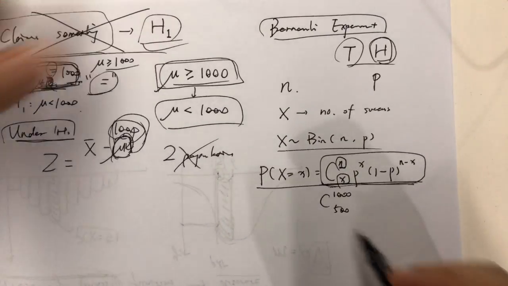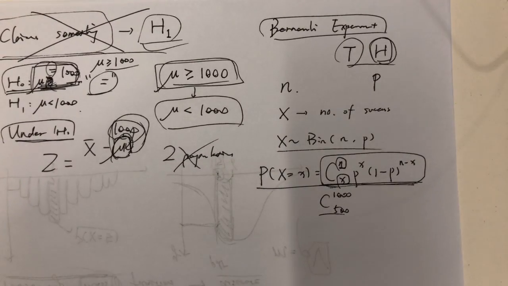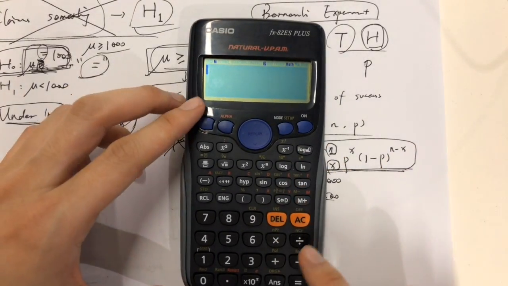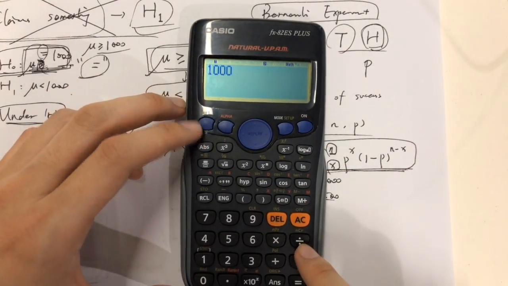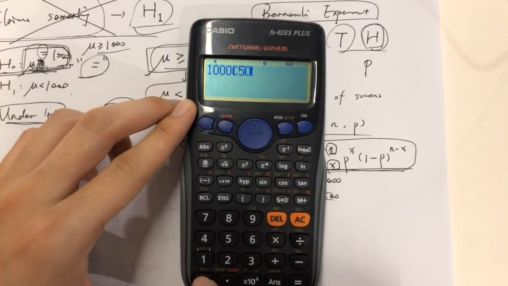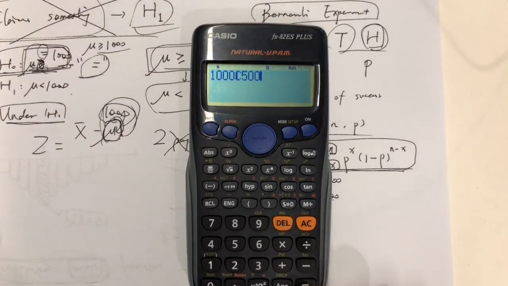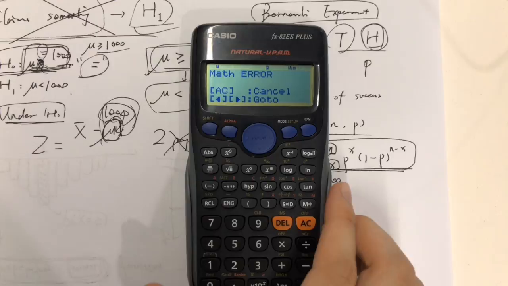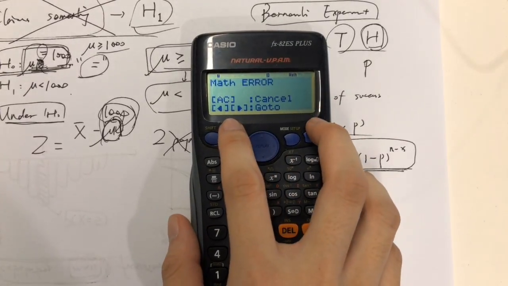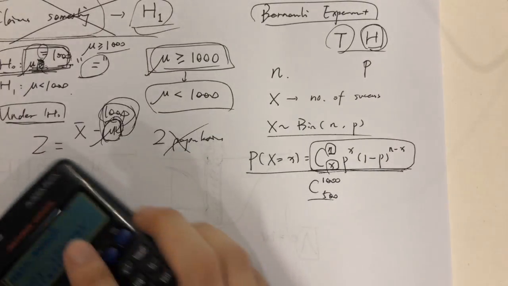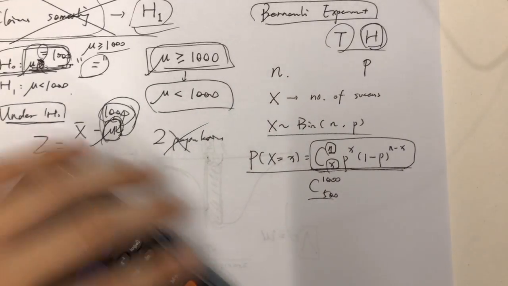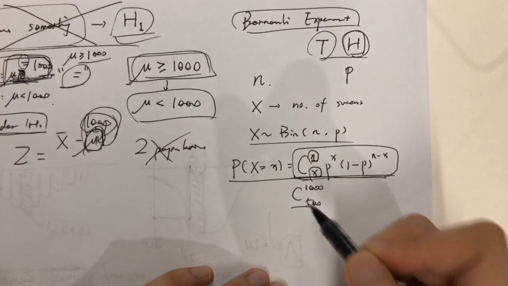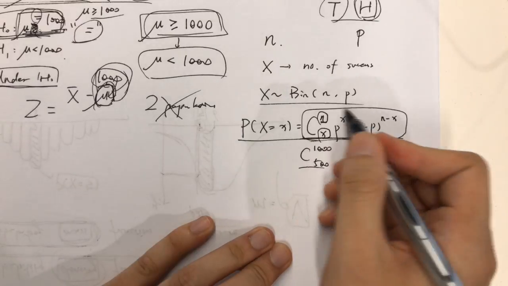So for example, if we want to calculate C(1000,500), have a guess what value we can get from a scientific calculator. I have one in my hand, so let's try and calculate this. It's 1000 C 500. And have a guess, what is the value? Error, okay? So it's not calculable by a scientific calculator, not to mention by a human being, right? Therefore, we use the normal approximation for the binomial probability